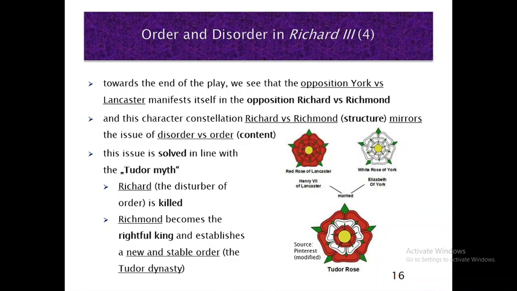We have the two roses that are opposed, basically the structure of the play, Lancaster versus York, Richmond versus Richard, which is closely connected to the content, disorder versus order, and this in the end is united in the Tudor rose, where basically both roses, Lancaster and York, merge,